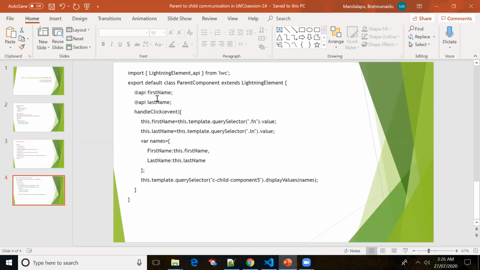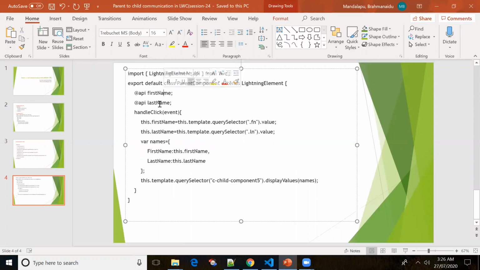I have declared two variables, firstName and lastName. This is how you get the value of an input through querySelector. This is the name of the class, and since we want to get the value, .value.